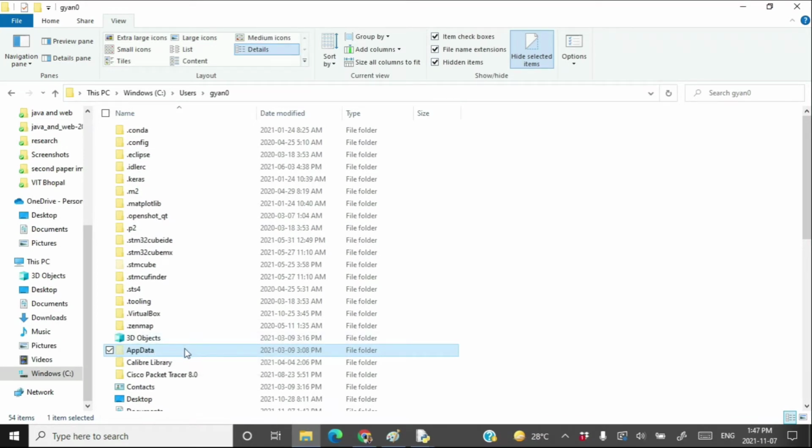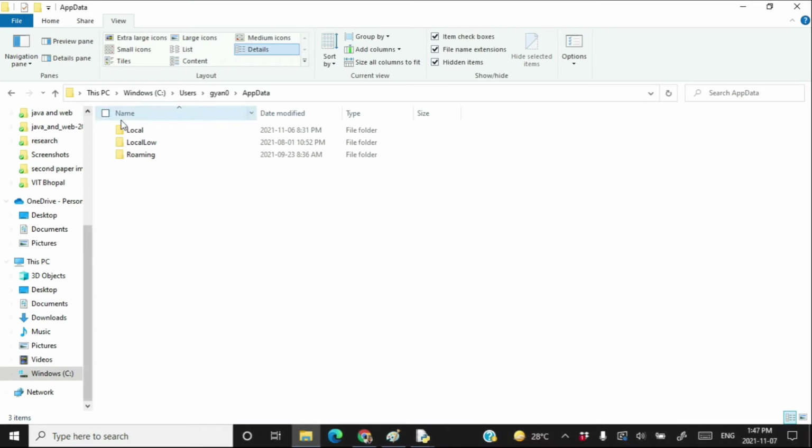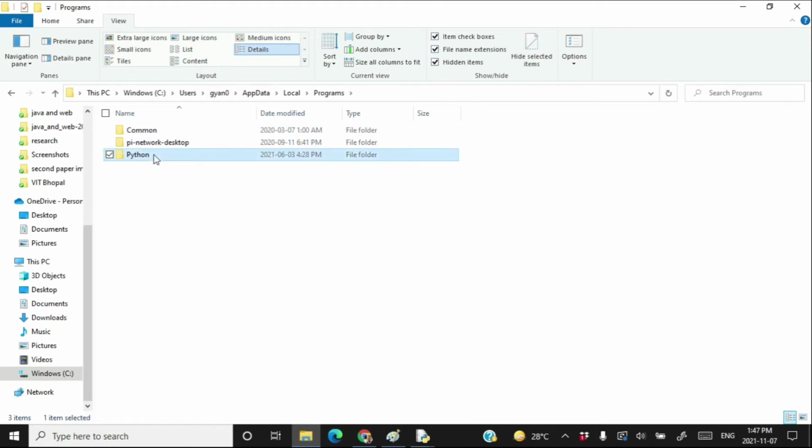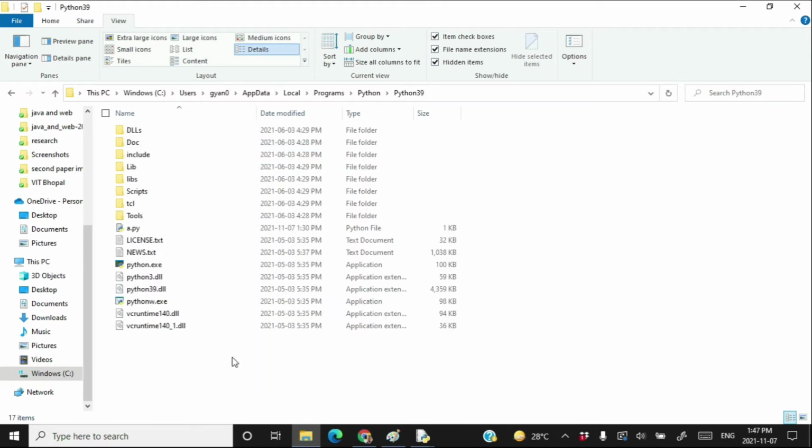Once you are looking at this directory, go to Local, go to Programs, go to Python, go to Python39, and you can paste your module here.